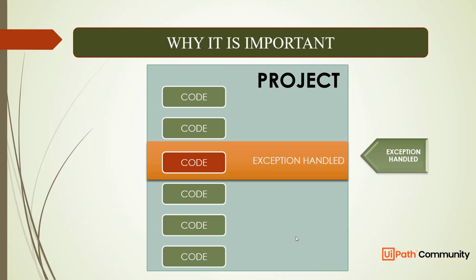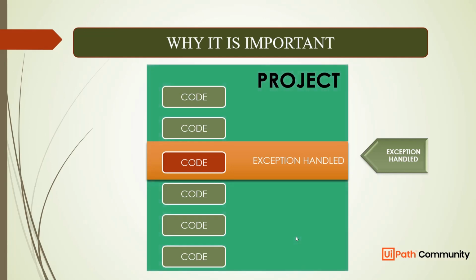So I have put a wrapper over the code and I am saying that for this code I have handled the exception. Now if I continue running the process, this part of the code will be handled. If it is, let's say, a business exception, we will send an email to the business. If it is a system exception, we will try to solve it, and we can take all the different steps. But the idea here is we would handle the exception and it would not impact the other part of the code. So that is why exception handling is important.